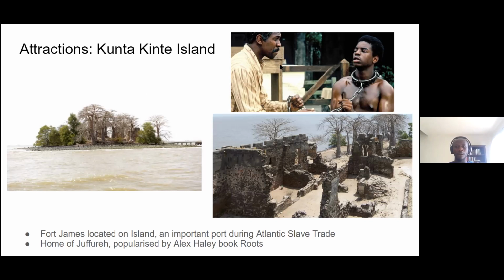So if you've not watched Roots, it's a movie. I think they recently released a newer version 3 years ago. So the 1977 classic by Alex Haley, that is the picture of Kunta Kinte. But they just recently released a new version of it. It was based on a true account of somebody coming from Jufure, coming to the Americas, and then being forced to actually